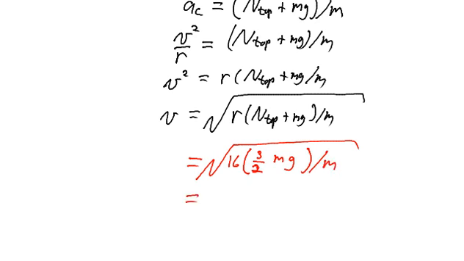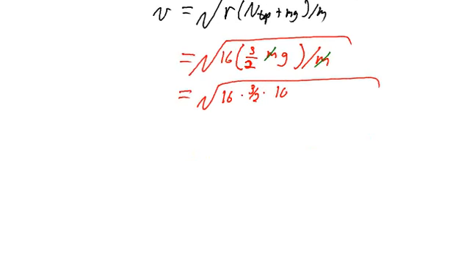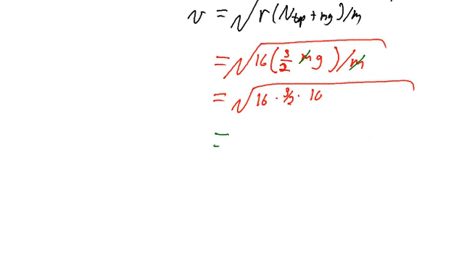So I have the square root of 16 times 3/2 times g, because we see from above that the m's in the numerator and the denominator cancel out. So 16 times 10 is 160, divided by 2 is 80, times 3 is 240. So I take the square root of 240 and get my calculator out. 240 square root, and that equals